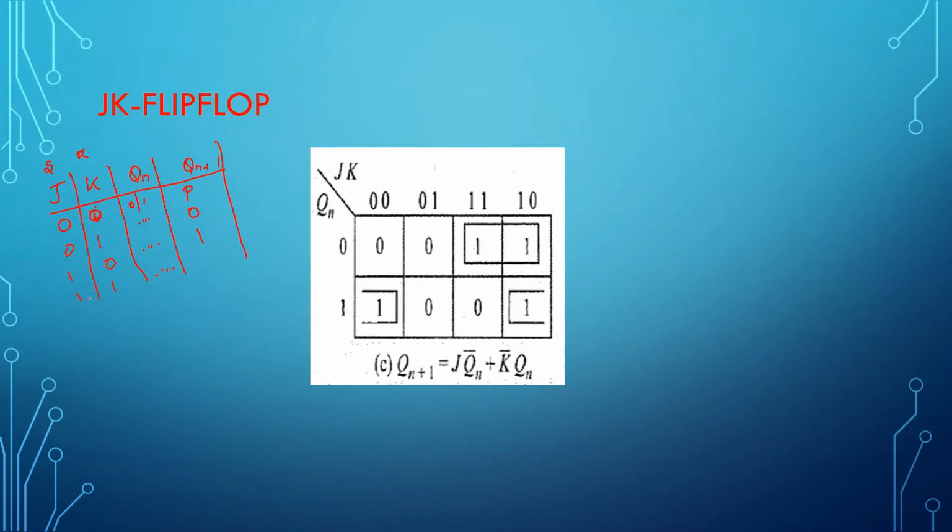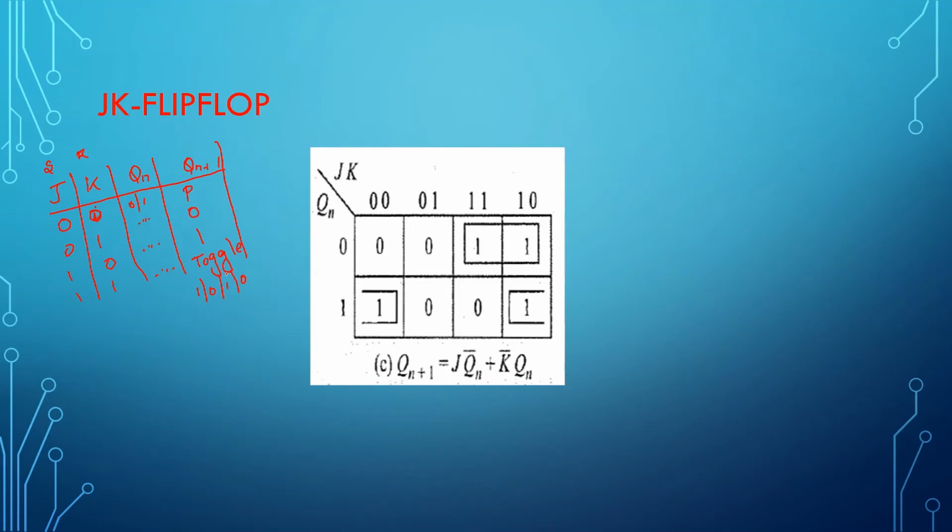If it is 1 and 1, the difference between SR and JK flip-flop is that it has to toggle. With respect to my JK flip-flop, it has to toggle. Toggle means if it is 1, it has to become 0. If it is 0, it has to become 1. If it is 1, it has to become 0. Toggling is this particular process. So this toggling depends on the present state. If the present state is 1 and you give the input as 1 and 1, it will become 0. If the present state is 0 and you give the input as 1 and 1, it will become 1. This is what is meant by toggle state and this is the disadvantage we had with respect to the SR flip-flop.